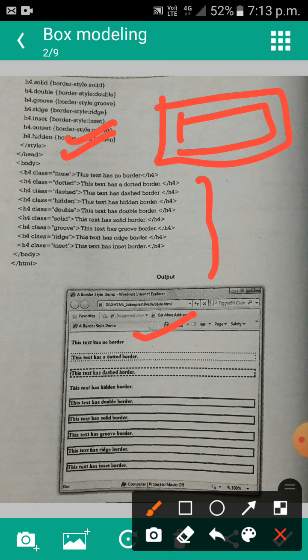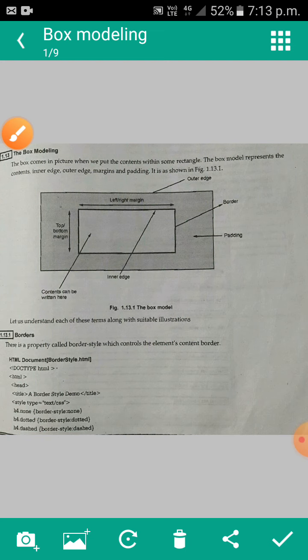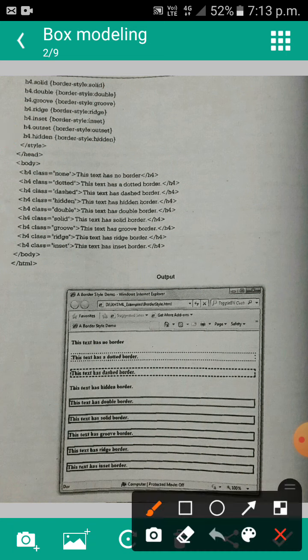This is the first one, this text has no border, because here we mentioned h4 dot none, the border style none, so it displays no border. The next output is this text has a dotted border. Next is the dashed border.